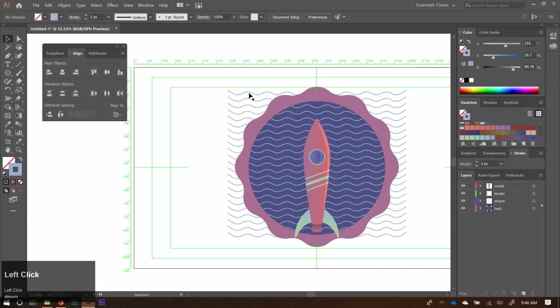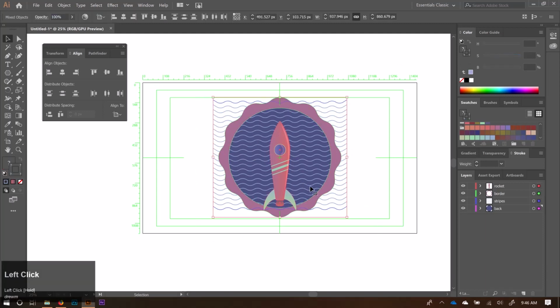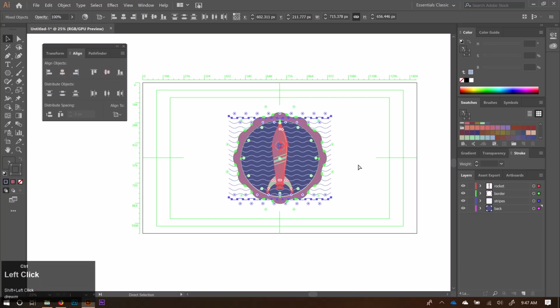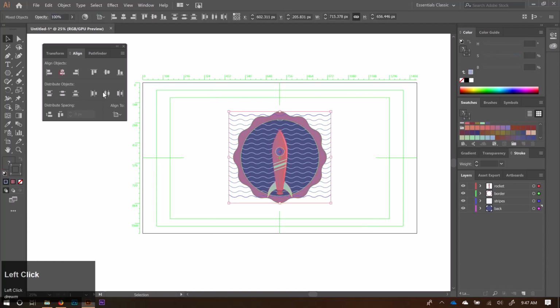Next, let's just kind of scale these. Now this is set up with the format of an HD TV screen, so we kind of want to scale our stuff proportionally for that, and also think about where this is going to be moving, and leave enough room for things to move around on the screen. So as it is right now, this background is a little bit big, the rocket is a little bit small, so I'm just going to scale everything down a little bit. I'm also going to put all of this stuff in the center. Oops, and I moved my lines, which I didn't want to do. So we'll put all of this stuff except for the lines